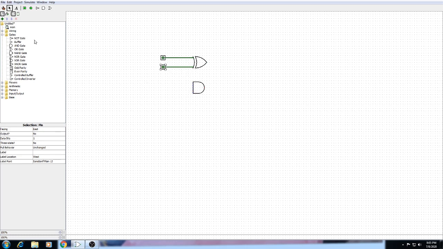Then for this AND gate, we again change the input to 2 and connect it to these inputs. So this is the half adder. Here we get the sum and here we get the carry out.